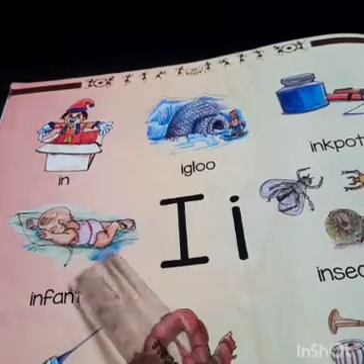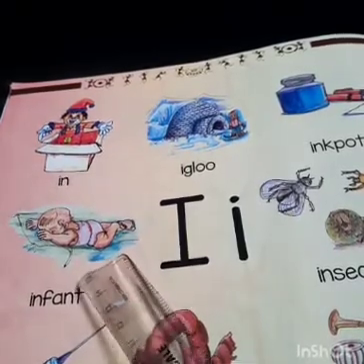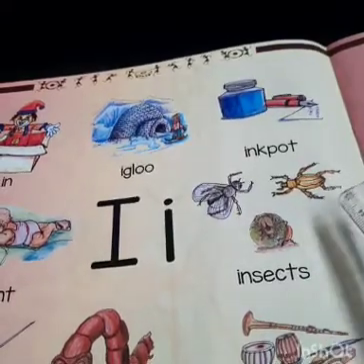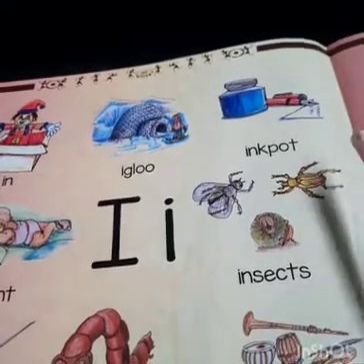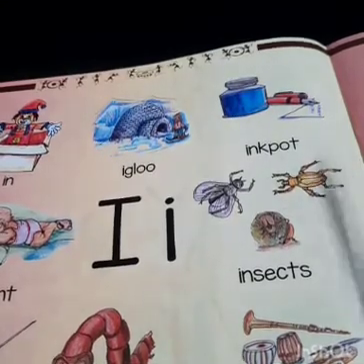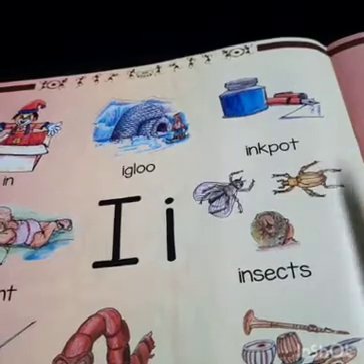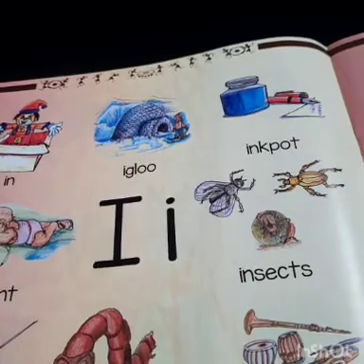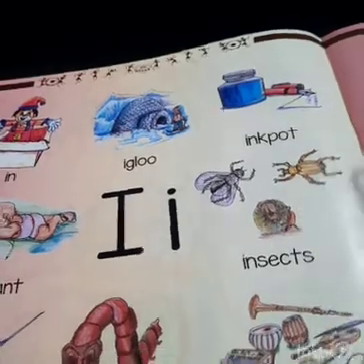Baby is called as infant. Okay. Next one, insects. Insects means it's a small animal which will have 6 legs and wings. There are many insects, children, like housefly, honeybee. All these are the insects.